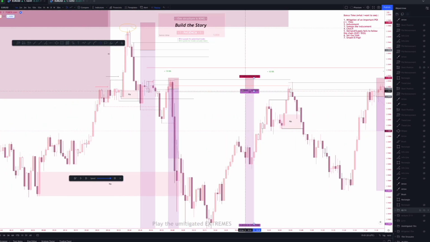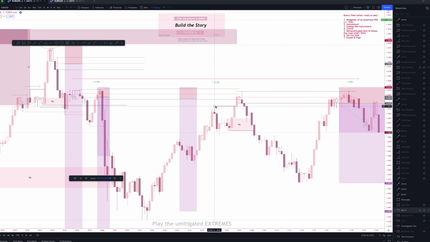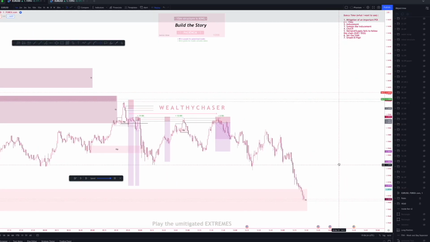And the third one is the reaction to that zone that caused the second break of structure with the confirmation of a choch and also of demand failure. So it's all related and it's all aligned. It's following mitigations. This was actually a very good day.